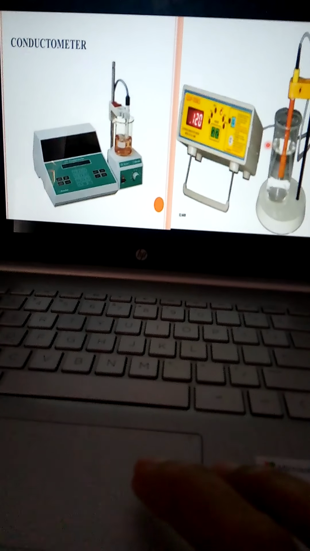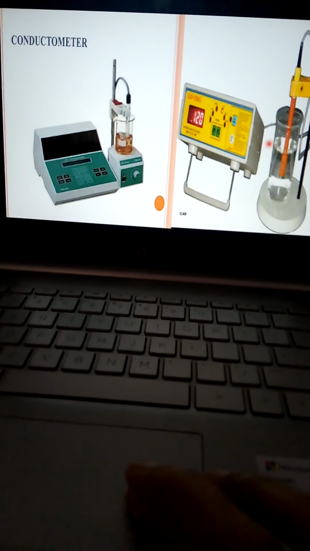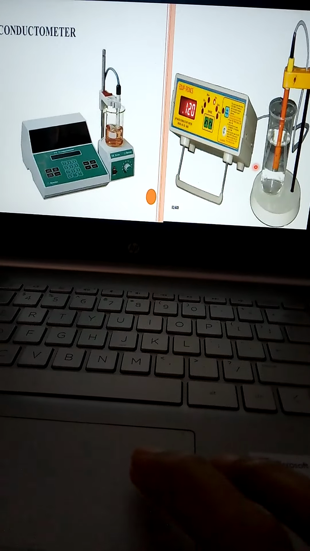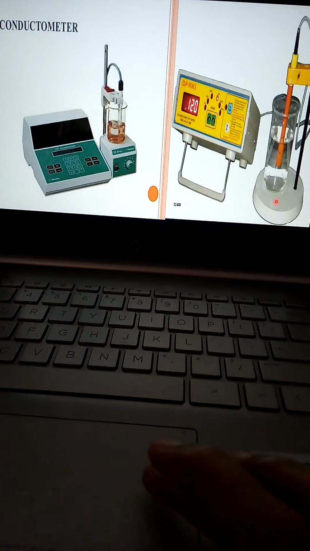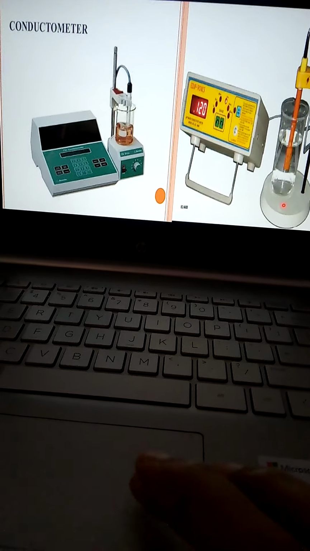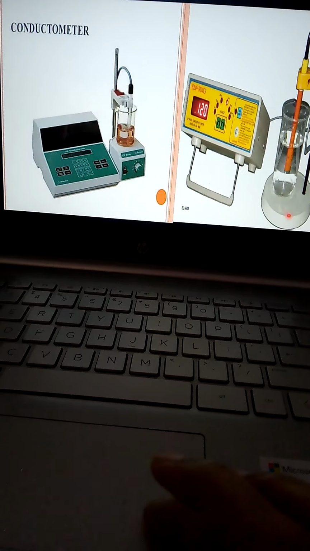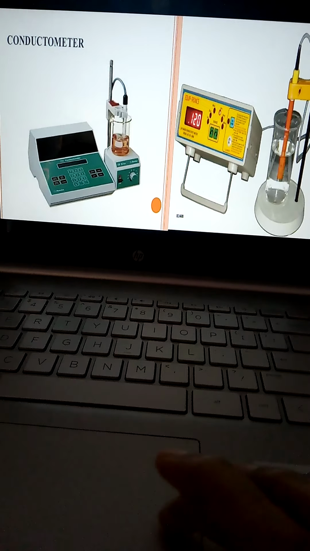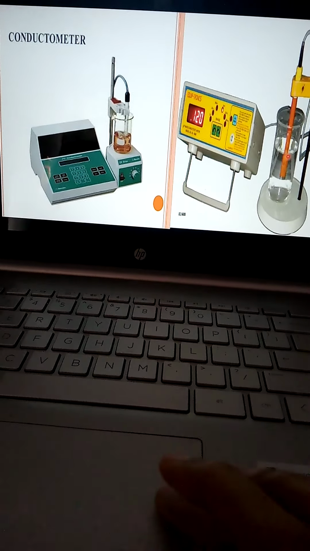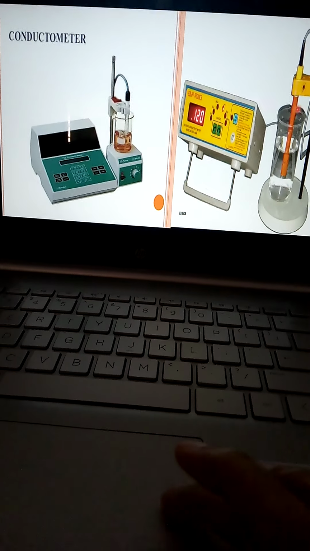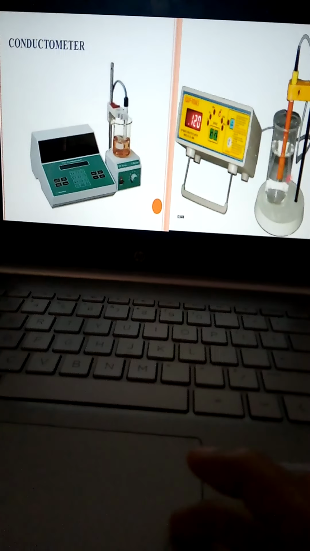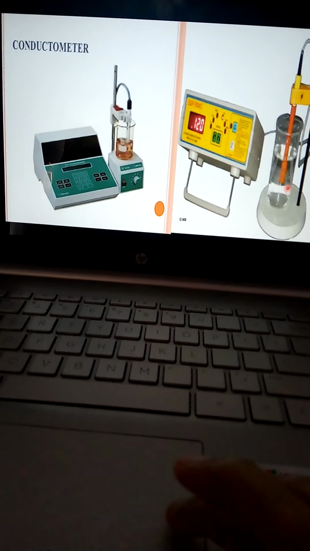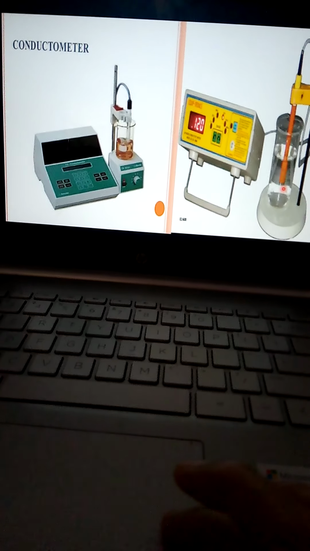After pipetting HCl, you should add distilled water to the beaker. Once again I will repeat. First you have to pipette 50 ml of HCl solution into a 250 ml beaker and add a small amount of distilled water. After adding distilled water, you have to put a conductivity cell or platinum foil in it. In the diagram you can notice the platinum foil is dipped in a 250 ml beaker containing HCl and distilled water solution. This is the first part.